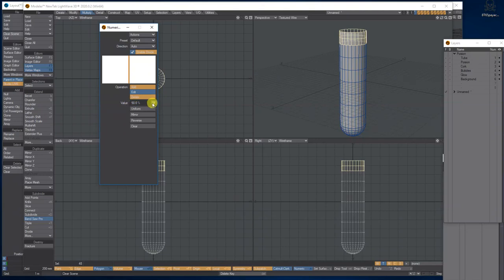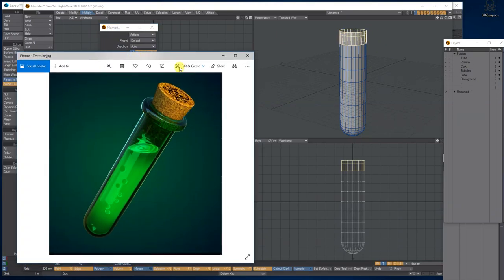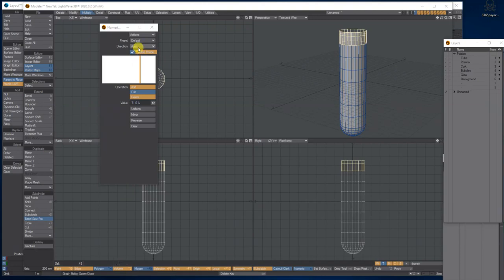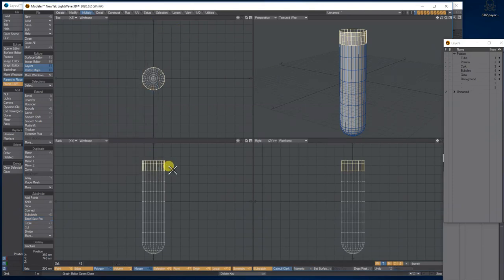Then with the value, you can decide where it is, and I want it up the top, look, to about there, so I can make this little lip here. I'm only doing one cut, so drop selection, and then let's drop this so we're actually left with